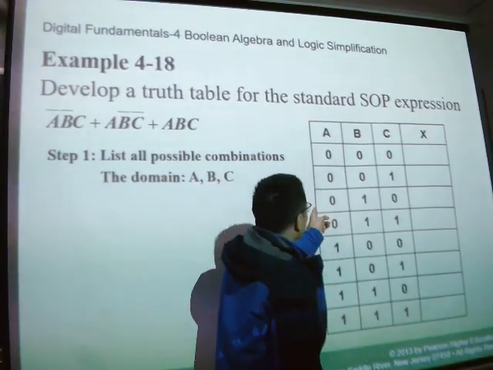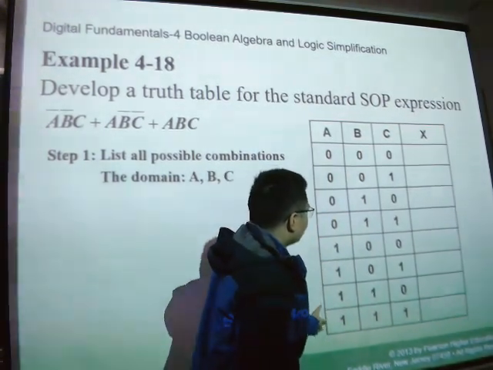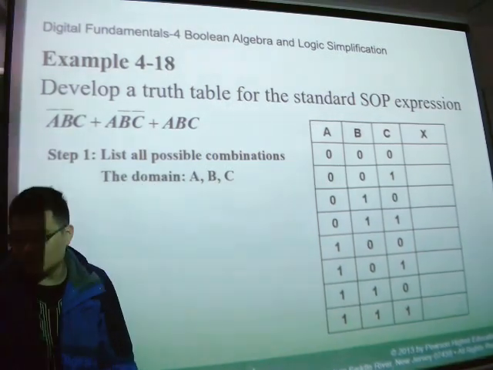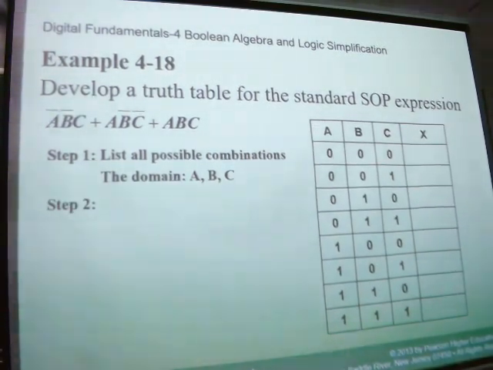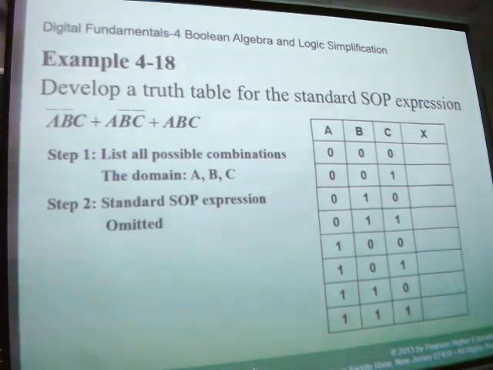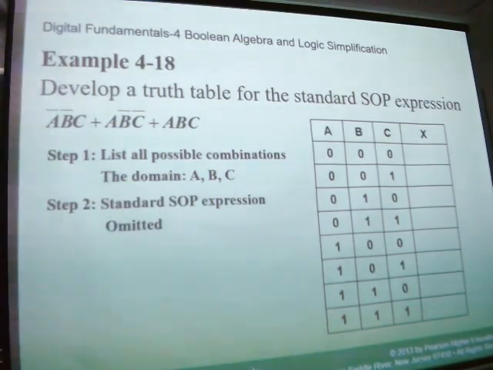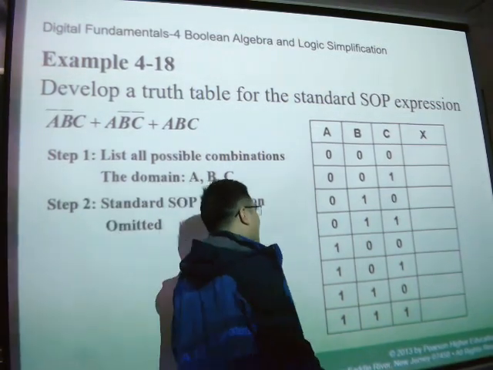0, 1, 2, 3, 4, 5, 6, 7. Right? And then step 2. Standard SOP expression. This binary value and this binary